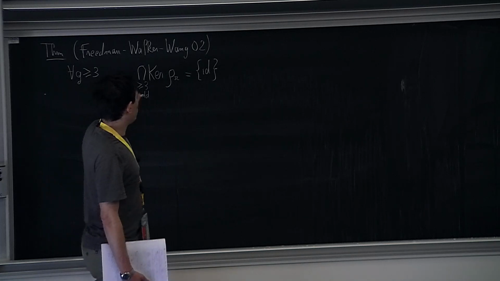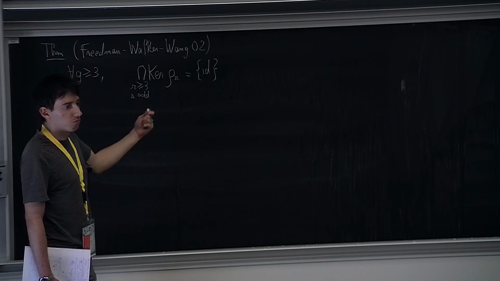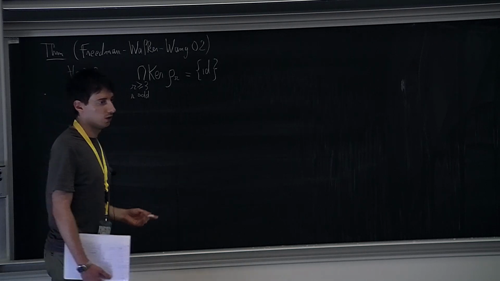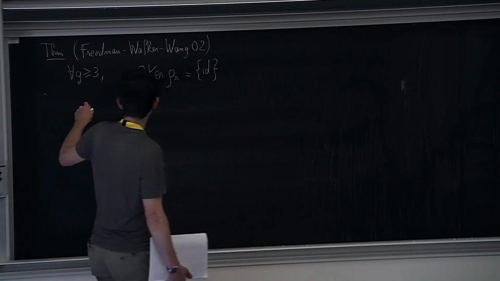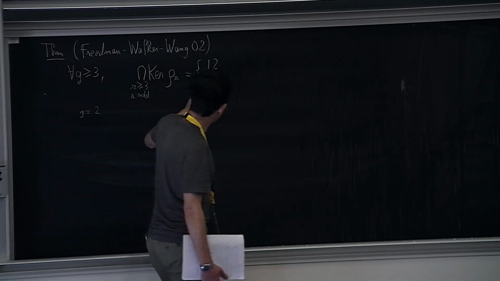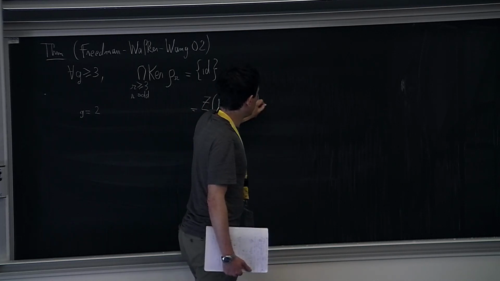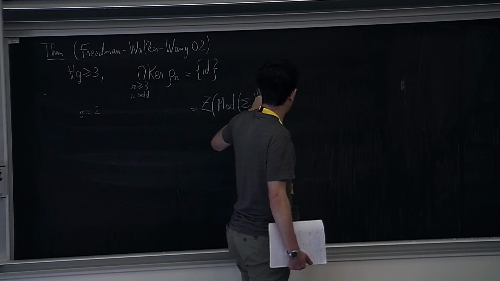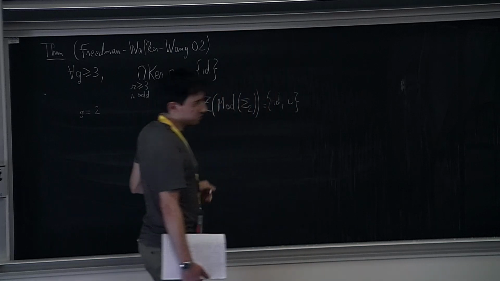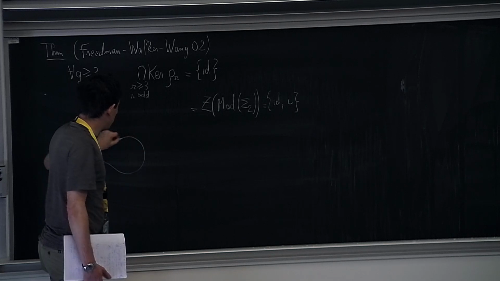It's actually a bit more precise than that. Whenever you take a non-trivial element, it will not be in any of these kernels for R big enough. Okay, when G equals 2, there is just a little difference, which is that you get the center of the mapping class group of sigma 2, which contains 2 elements. It contains the identity and another element, which I will write as iota, which is the so-called elliptic involution, hyperelliptic involution,